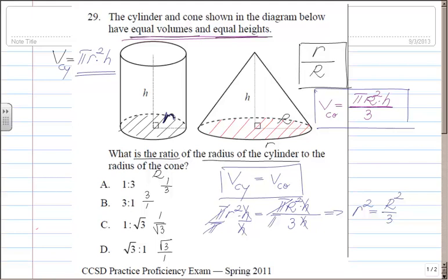Alright? Well, I need to find what is the ratio of r over capital R. And what I can do here is I can divide everything by capital R squared. Or if you want, I will multiply both sides by 1 over capital R squared. R squared and R squared here will cancel out. And on the left side I have